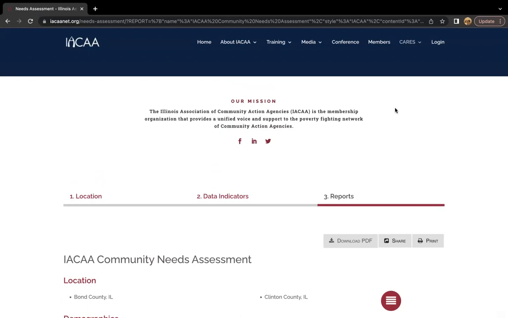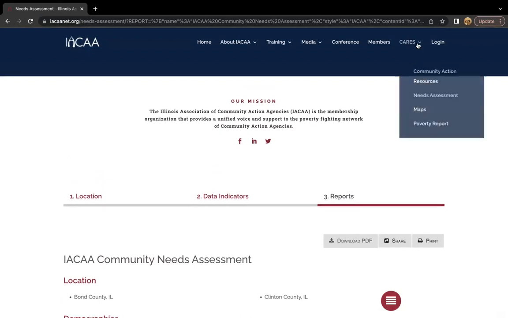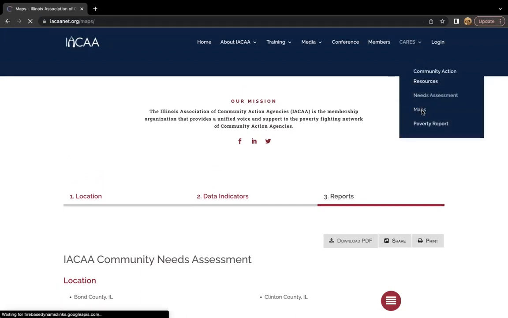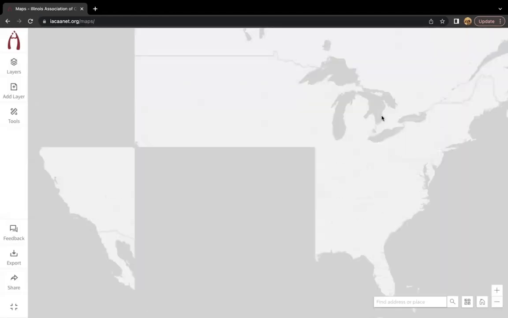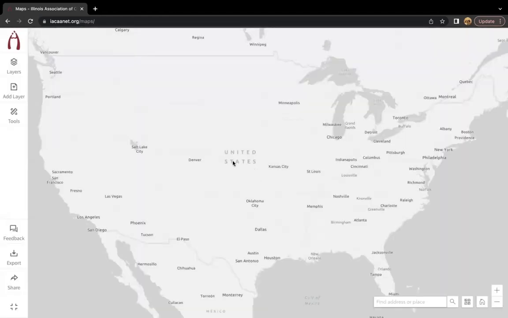So next, we will go ahead and move to our map room. Note that that pop-up will go away very soon. Similar to the community needs assessment, the map room is a place for finding and visualizing secondary data. There are a few key differences though.